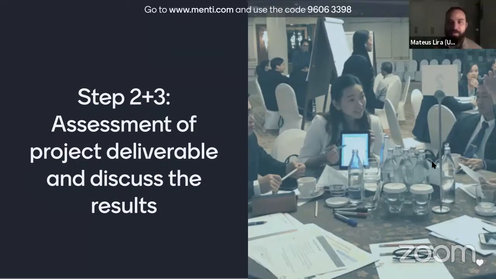Yeah, so in the practical application of the tool, after the different stakeholders have selected which sustainability principles should be used to assess the project, we come to the assessment per se of the project deliverables, followed by the discussion of the results. So first of all, the different stakeholders review the project using the tailor-made worksheet. And then they assess the deliverables against the different sustainability principles and performance criteria in order to identify strengths